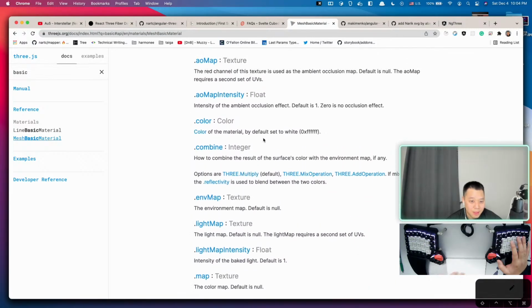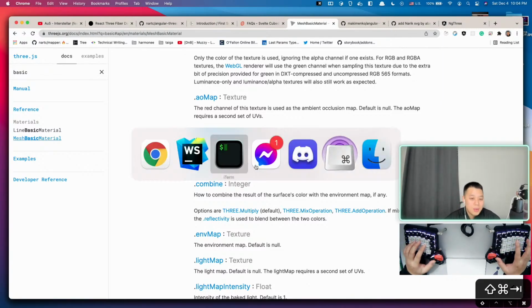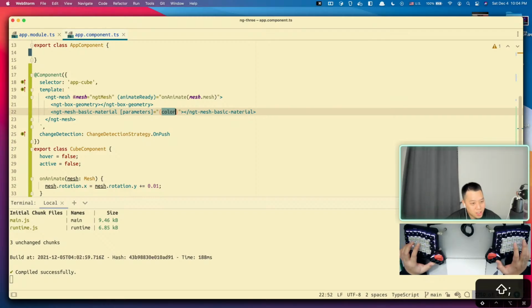Let's see. It has color. All right, so we can use the color to set the color of the material, the skin of this object. So we can go back to that. We say color. Okay, so what color do you want to give me? If you are hovering, I'm going to give you, I don't know, chat, if you know a color that you like, give me that color. It can be any CSS color. So whatever you want. I'm just going to put turquoise